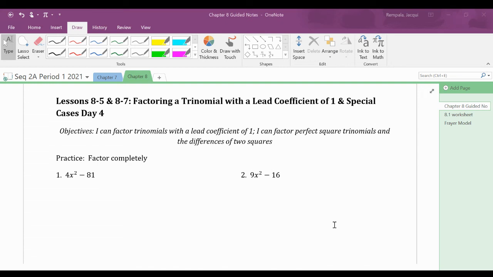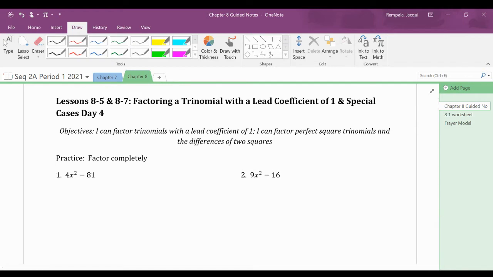Today we're going to continue looking at factoring with the lead coefficient of 1, talking about factoring perfect square trinomials, as well as continuing with the differences of two squares. So notice that in our directions, they're asking for us to factor completely. Remember, the first thing you always should be looking for when you're asked to factor completely is to look for